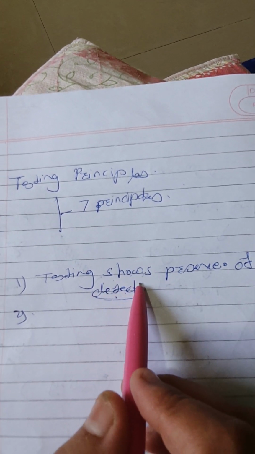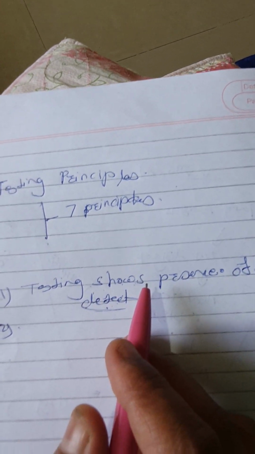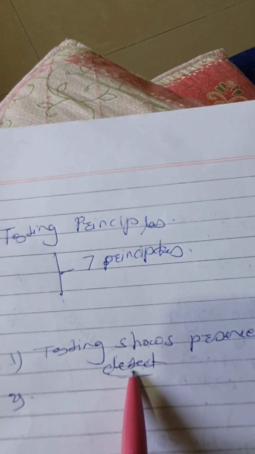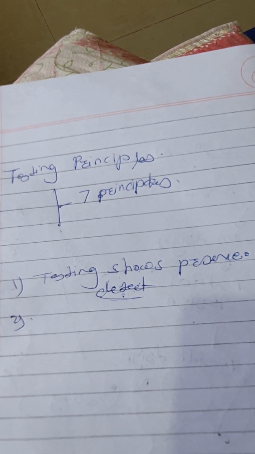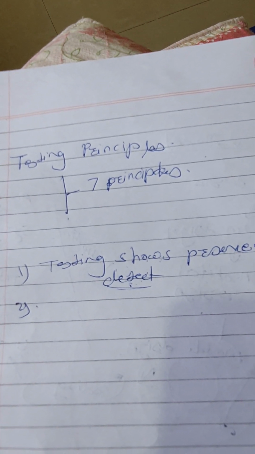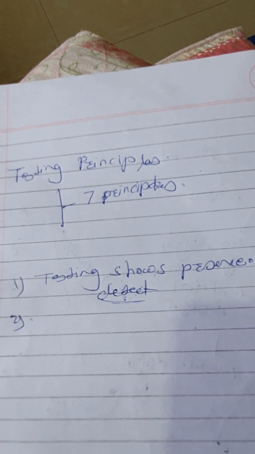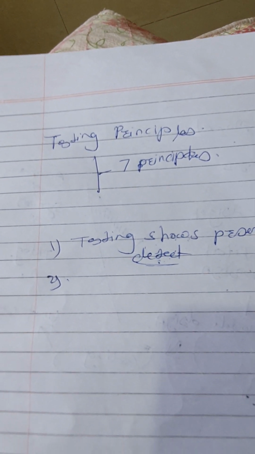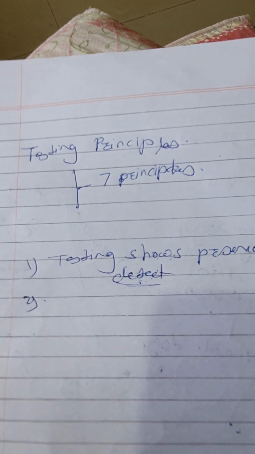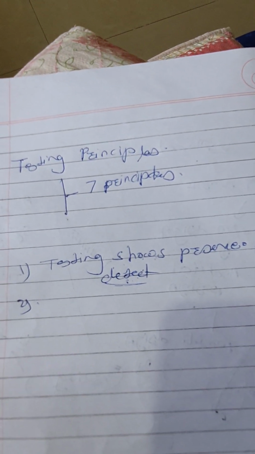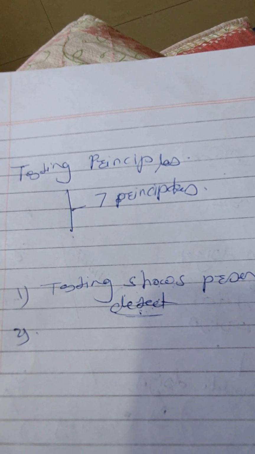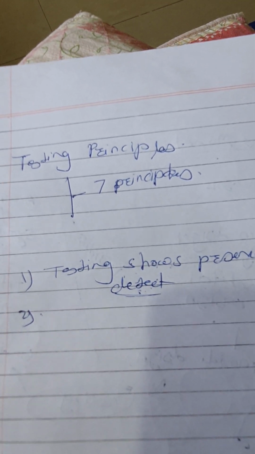Testing shows presence of defect, means defect is nothing but variation between your actual result and expected result. So testing shows there is error or there are any gaps or misunderstandings or missing requirements in your product, but testing never shows that your software is 100% error free. So it is called testing shows presence of defect but not absence of defect. Means, in short, testing is not a proof of 100% correctness of your software. Testing never